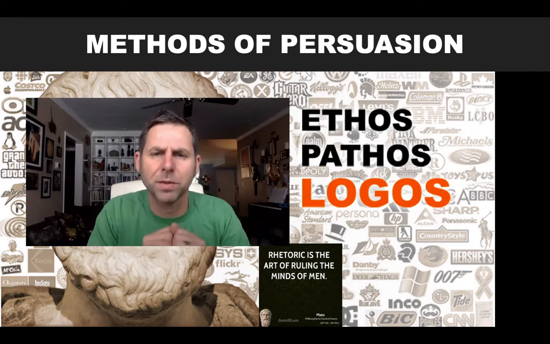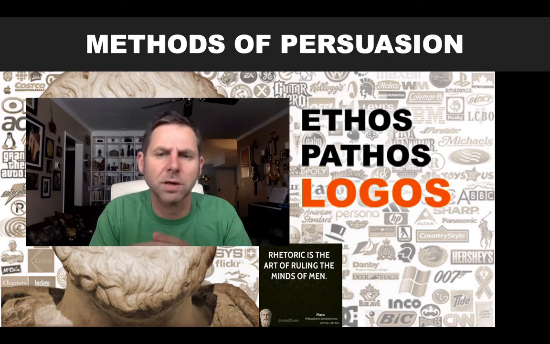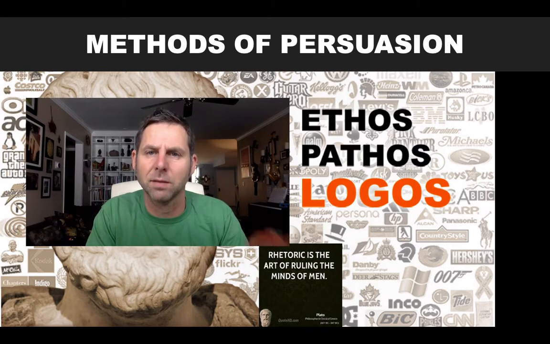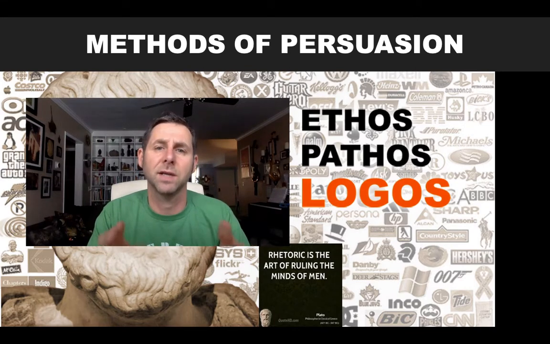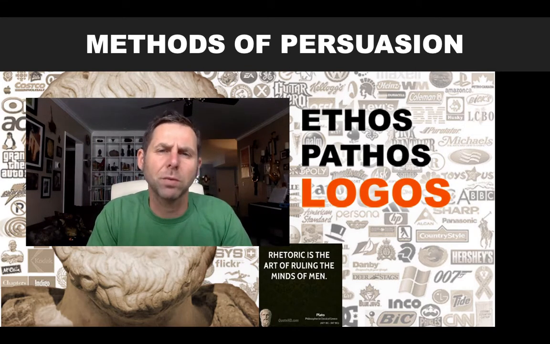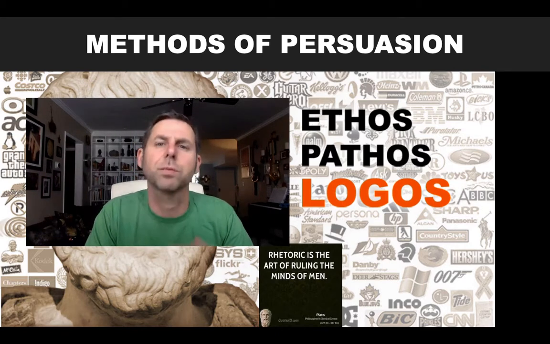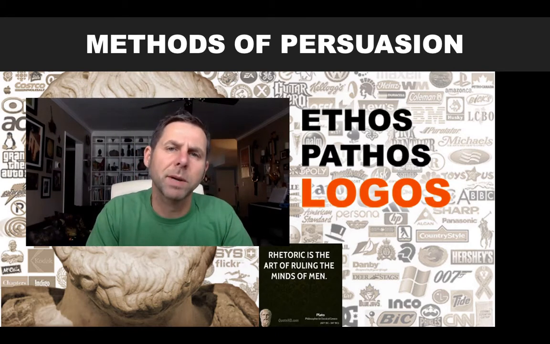Now, we're going to talk about three different things. First of all, we're going to talk about the triangle of rhetoric, which is the three different ways that persuasion can happen. The most powerful is by emotion, this is called pathos. Then there's persuading you by getting you to trust the other person, that's ethos. And finally, the one we really care about in this class, which is logos, which is persuasion through reasoning. So we're going to talk about those.